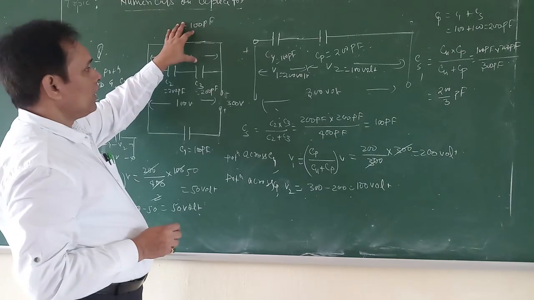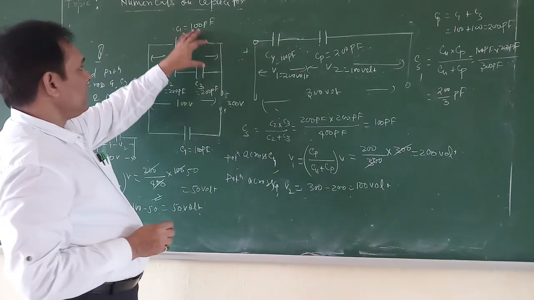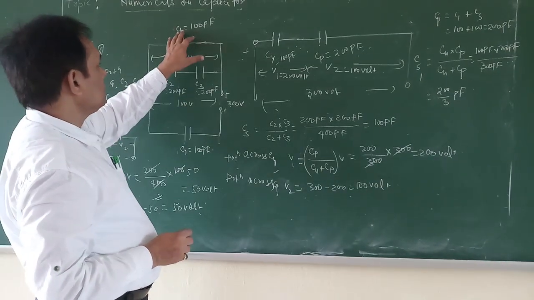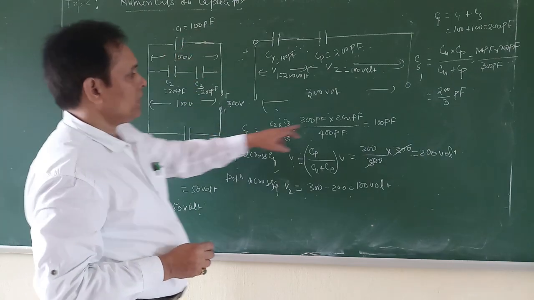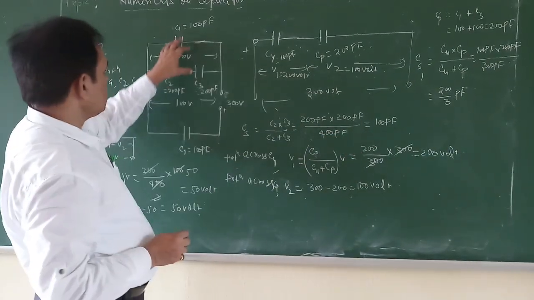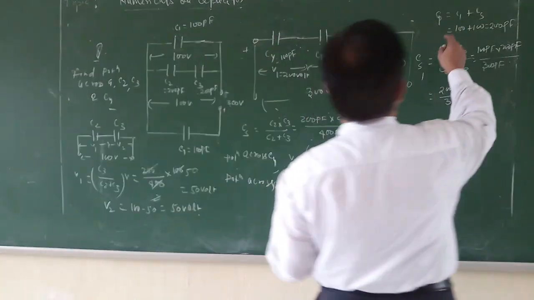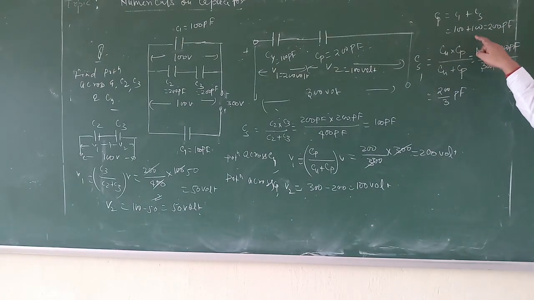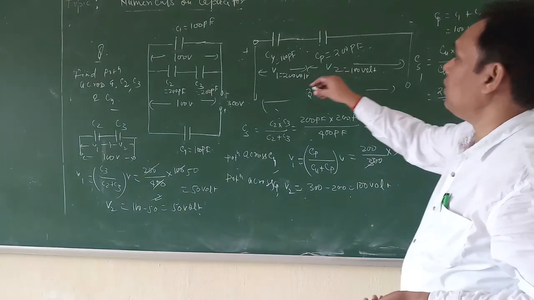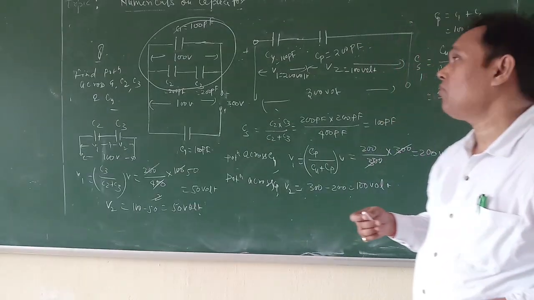These two are again connected in parallel. So find the equivalent of C1 and CS. C1 is 100 and CS is again 100. So these two are connected in parallel. In parallel grouping, the equivalent is CP equal to C1 plus CS. So 100 plus 100, that is 200. So up to here, you are getting 200 picofarad.